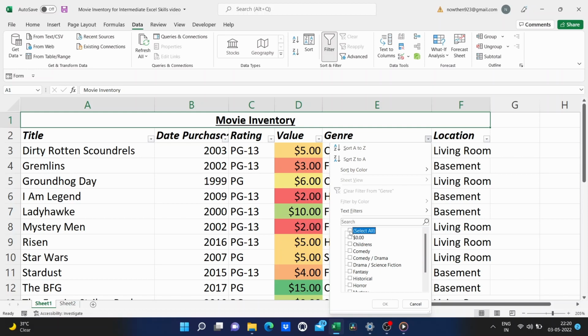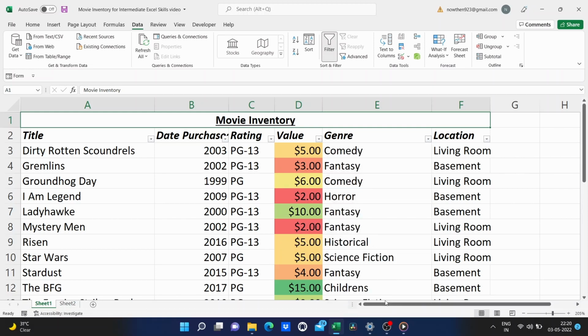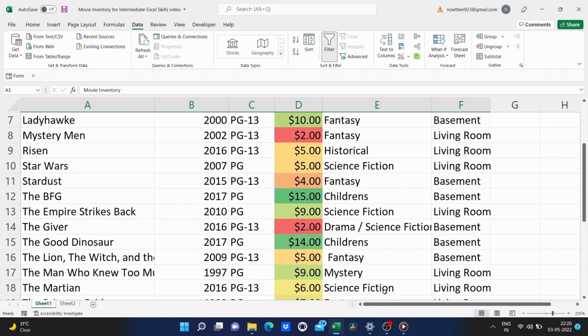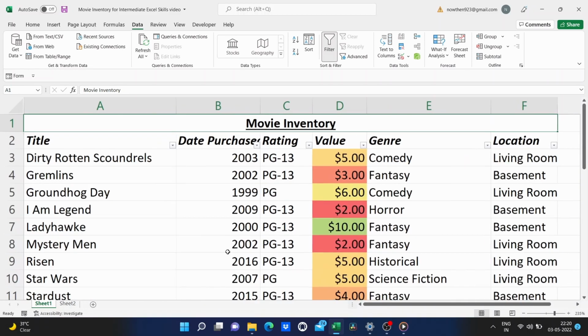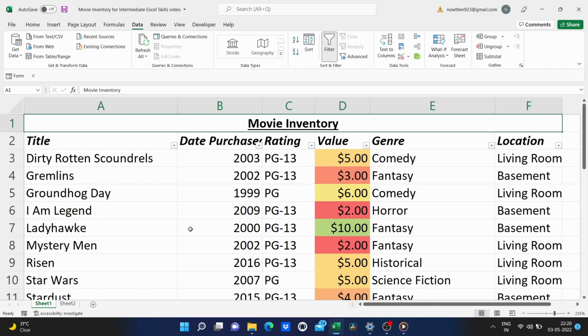Now the last more advanced tip that I want to share with you is called freeze panes. This spreadsheet really is not that big. Let's say I go buy 100 more DVDs, then it's really going to be a bigger spreadsheet, and it's going to be harder to put in my data and even look at it. As your spreadsheet gets more vertical, you can kind of lose track of what your column titles are. So that's where freeze panes come in.